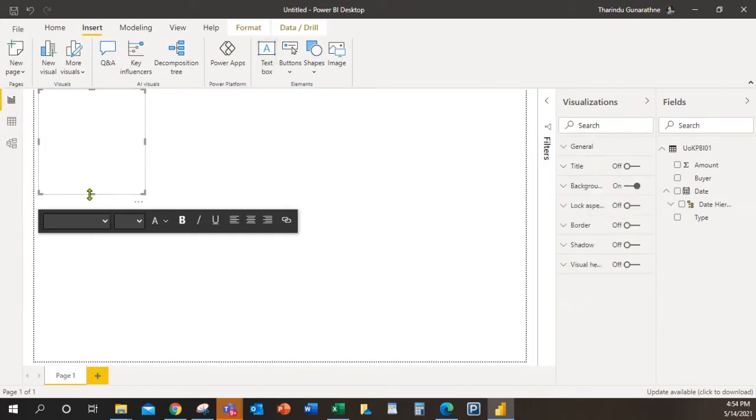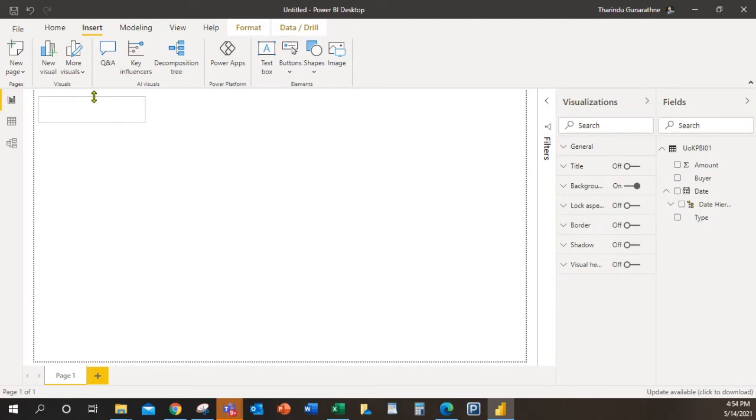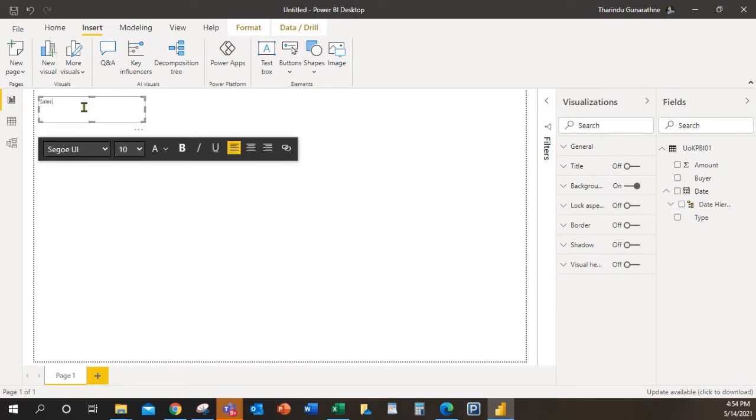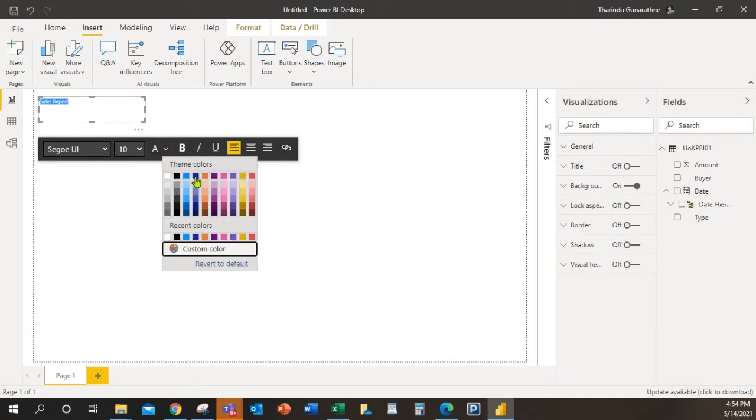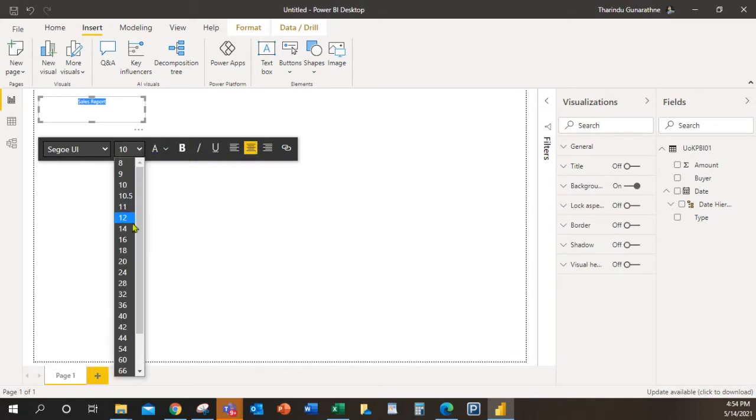I'm going to minimize this and I'm going to type Sales Report, and you can change the color by using these features. I will add blue and I'll center it, and I'm going to increase the size.